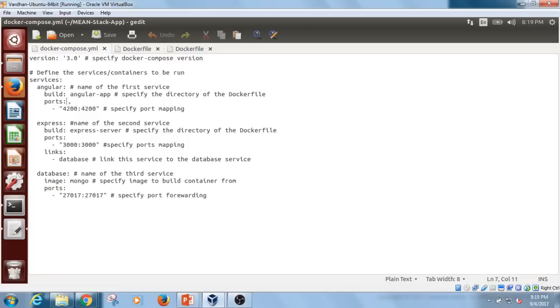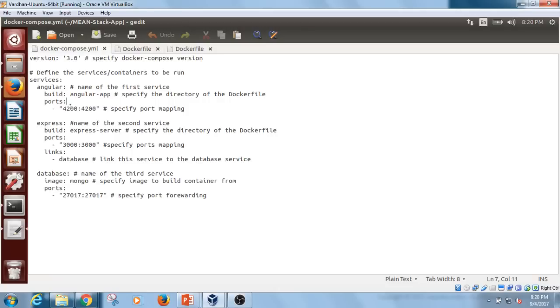So now coming back to my YAML file, after specifying the path of each of these Docker files, I'm specifying the port numbers on which they should be running, where the port mapping happens. So whatever application you're hosting inside the Docker container, that would be hosted on one particular port number of your Docker. So you have to map it to one of your port numbers of your local host machine if you want to see